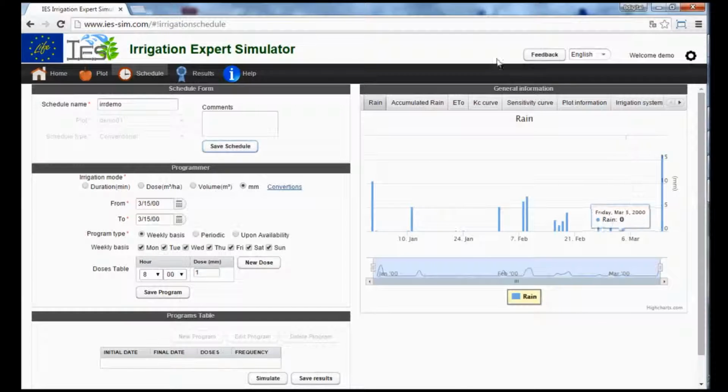And this is the main screen for programming irrigation through the Irrigation Expert Simulator. We have a panel here in the central part where we specify a period, frequency, timing, and doses. The main aspect is to specify the irrigation dose. There are some other panels here in the right upper part where we can find some data which can help us